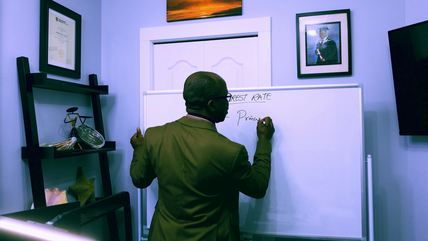0 cancels 0, 0 cancels 0. We are left with 5,000 times 5.5 times 2. And what would that give you? Somebody do the math for me now. Okay, so we'll have 5,000 times 5.5 times 2, and that will be 55,000. So if you borrowed 500,000 and you're going to use it for 2 years at an interest rate of 5.5%,